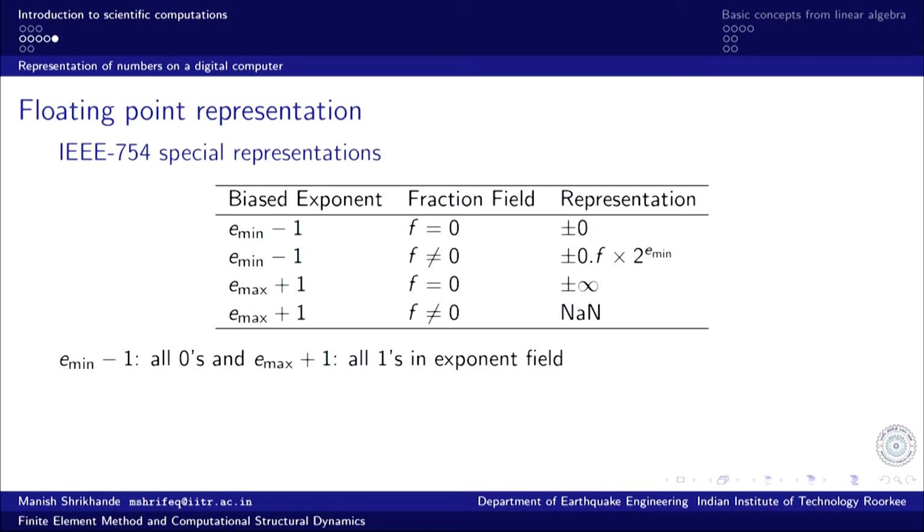And then if we have an exponent field of all ones, all 8 bits or 11 bits are all 1, and the fractional field is 0, then that is taken to represent plus or minus infinity, again depending on the sign bit. And then if the fractional field is non-zero for an exponent field of all ones, then that is taken to represent not a number. Not a number is used to flag numerical operations that are not defined, like trying to compute the logarithm of a negative number.